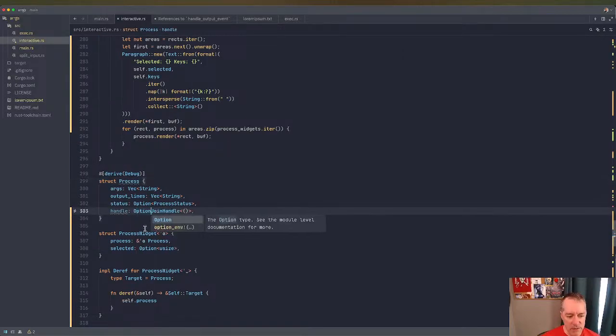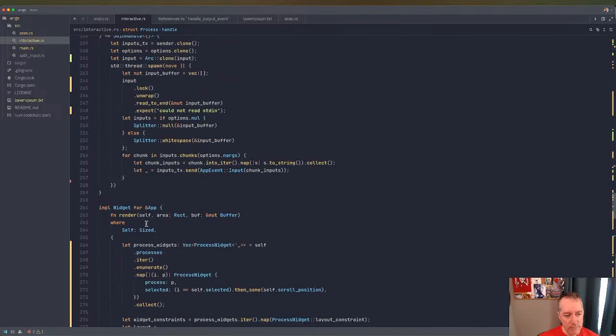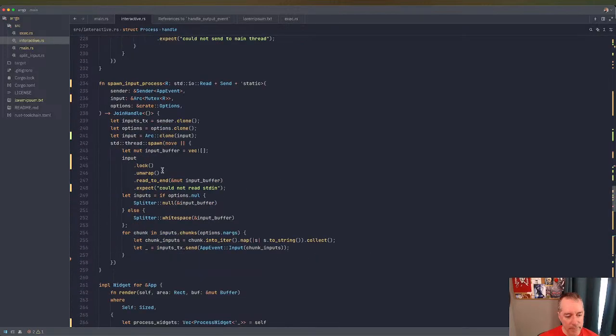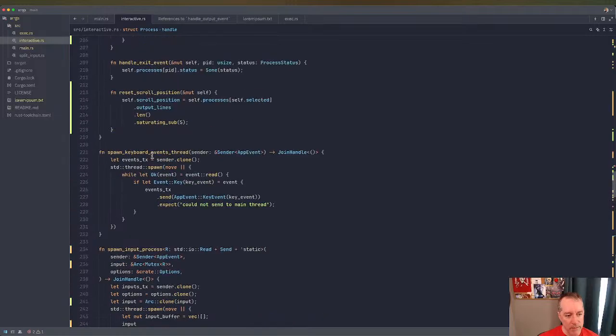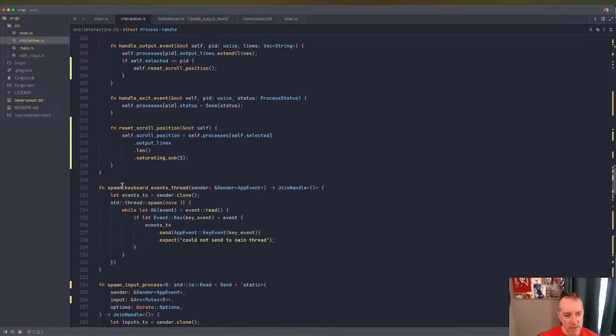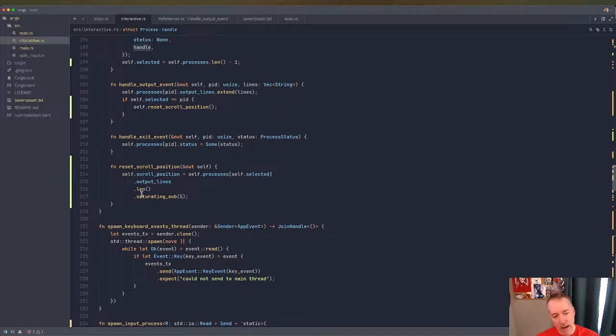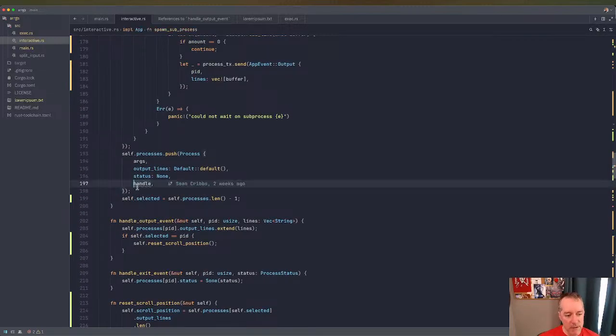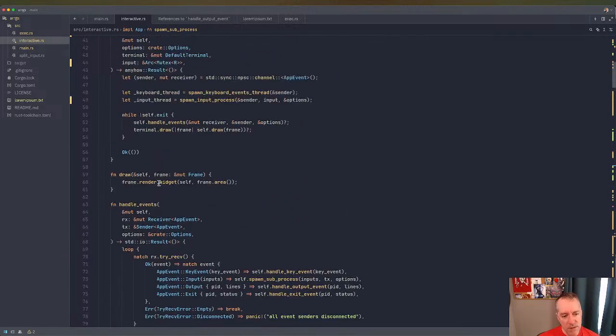Here, let's make it option join handle, and then what we can do is after we've exited, or after this thread has exited, we can take out of that. Right, so handle is going to be some handle. And just doing a little bit of